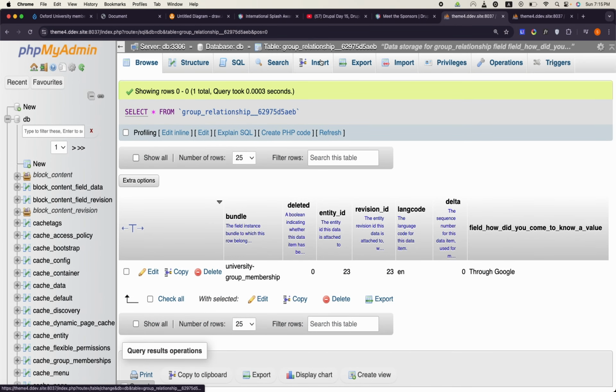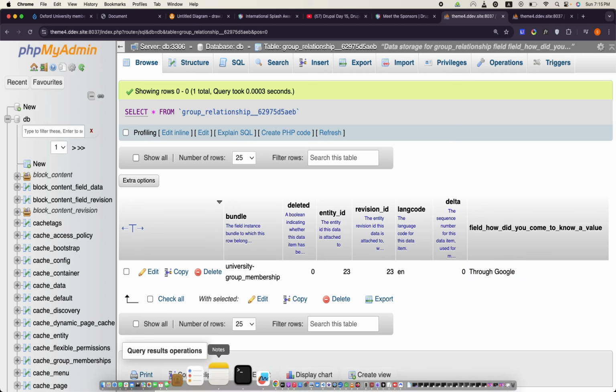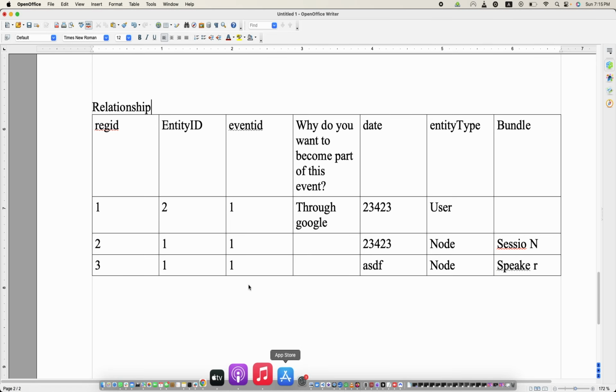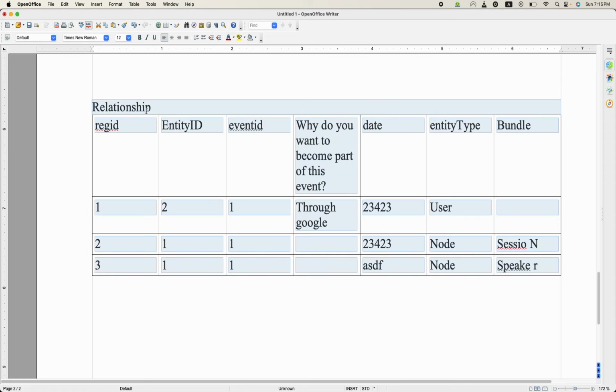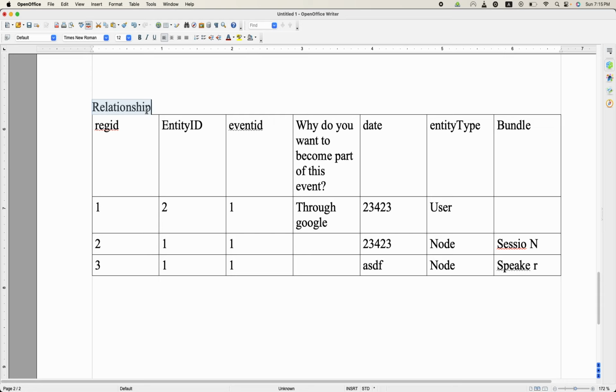Yes, so this is that table which it has created, and the entity ID 23 means the relationship ID. And this is that information saved in the table. So I hope this structure is clear. All the load in Drupal group module basically relies on this relationship table. Okay, and we will remove this, and here we will create a separate